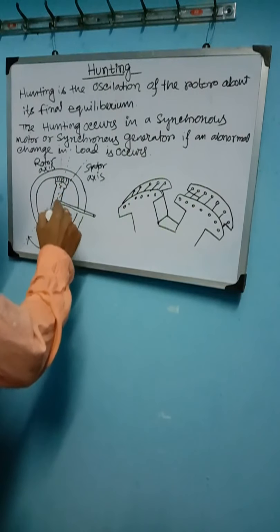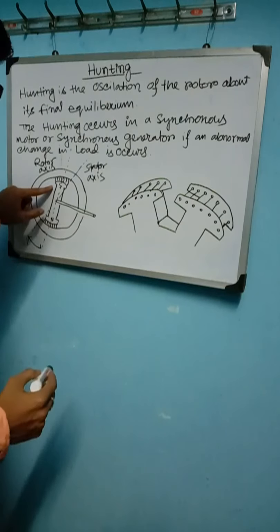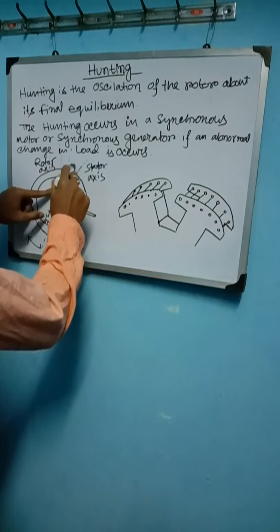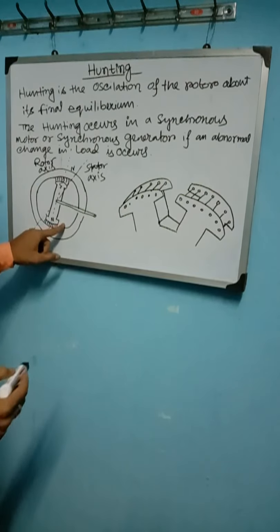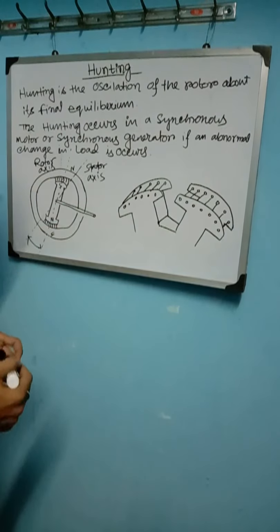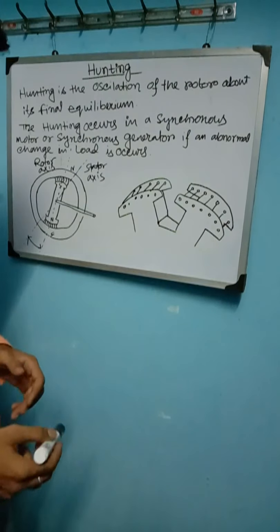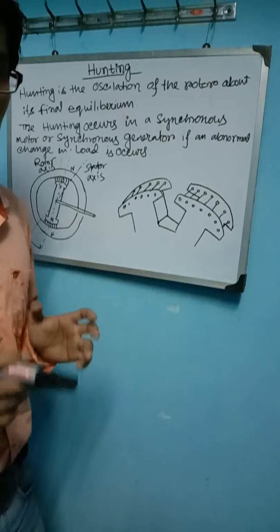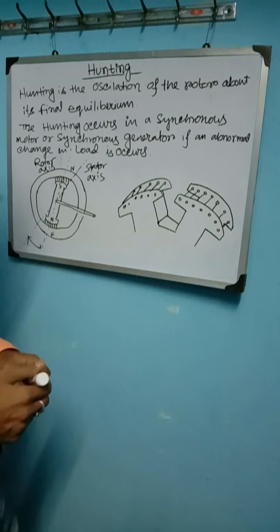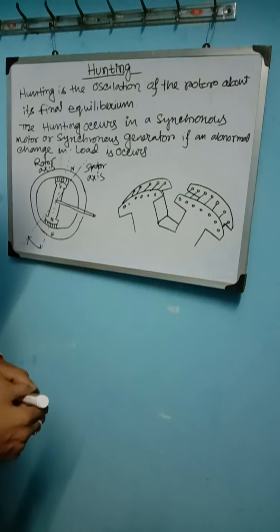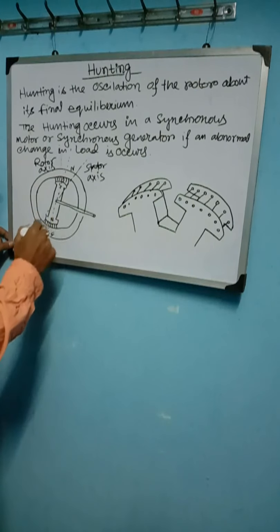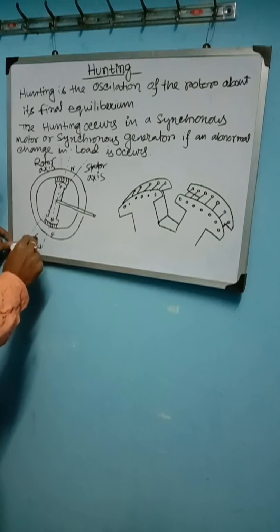That means if the pole of the rotor is S, the pole of the stator will be north, and if here it is north, the pole of the flux will be S. Now they are magnetically locked to each other, and it follows the same speed as the stator flux rotates. So it is basically at synchronous speed. And the difference between the stator axis and rotor axis is denoted by delta.